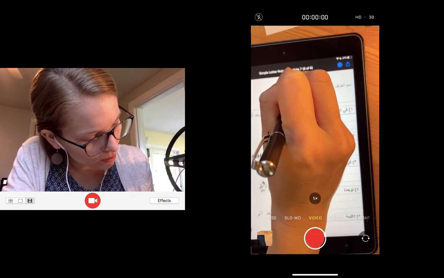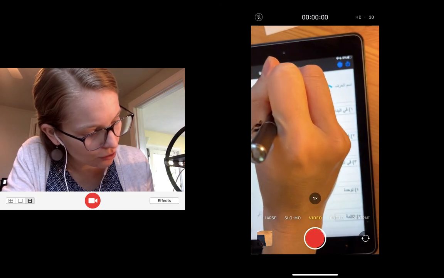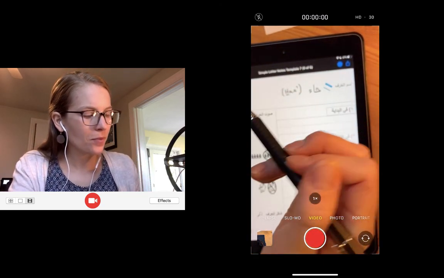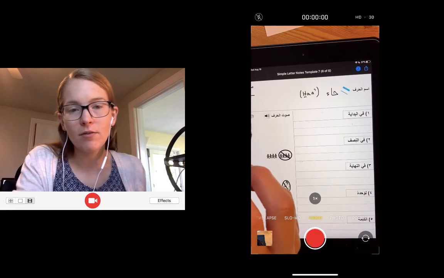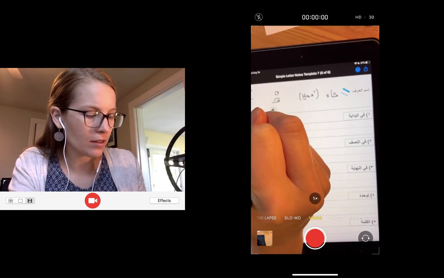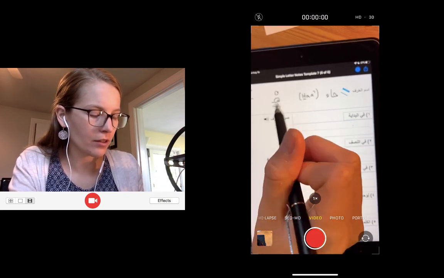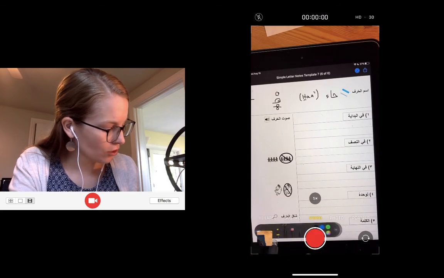This letter is usually transliterated with specifically a capital H. Because we learned this letter ha, right? That has these different shapes. This one is called ha, and we transliterate it with a lowercase h. So